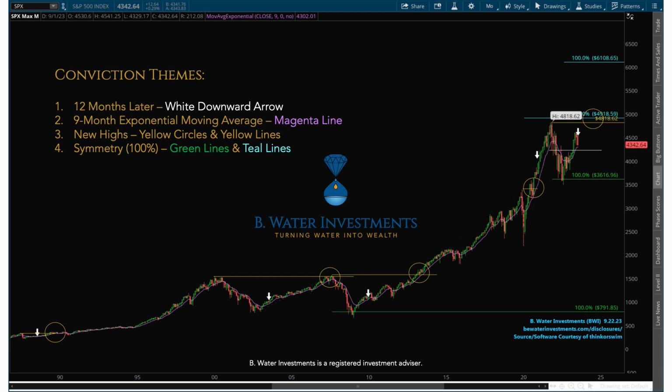Let's go to symmetry. So I'm going to try to make this brief and specific, but I will say this. In beauty, there's symmetry. And in nature, symmetry naturally occurs, and that symmetry comes from Fibonacci numbers. The Fibonacci numbers are based on mathematicians and their connection to nature. Seashells and Fibonacci are a good example.